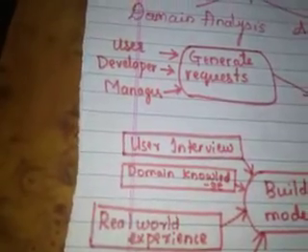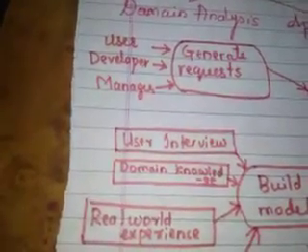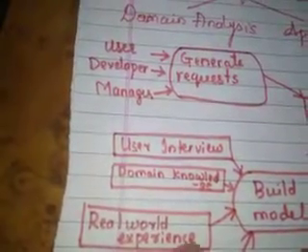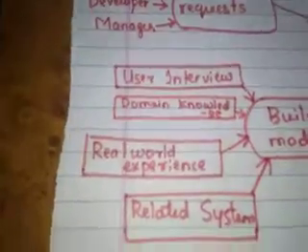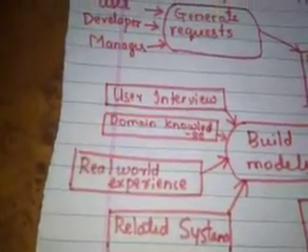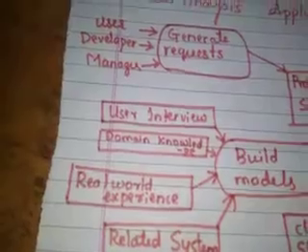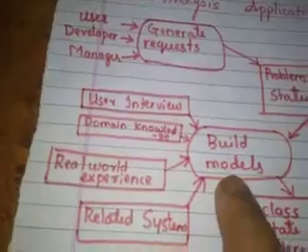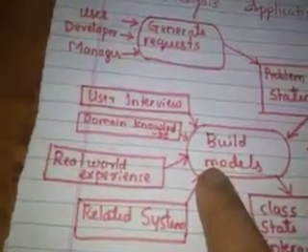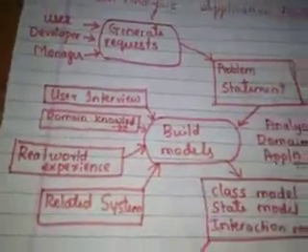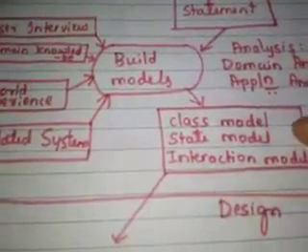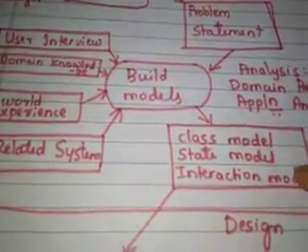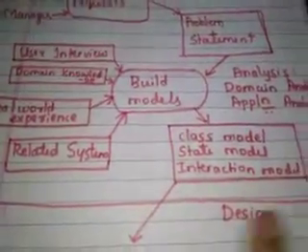It allows me to understand which classes there are, which actors are involved, and who cooperates with each other to perform some task. Next, if some system is already developed in the related field, I'll try to understand it and get an idea for building the models, right? Once these models are built, I'll have the class models, the state models, and the interaction models ready. Once these models are ready, it is the end of the analysis phase.